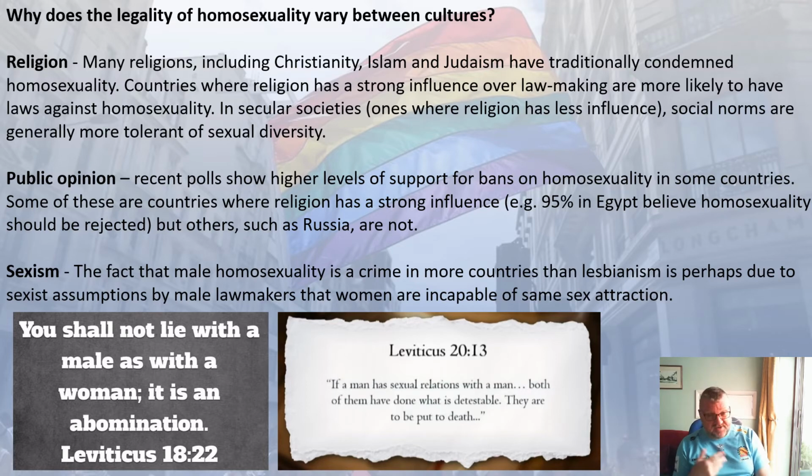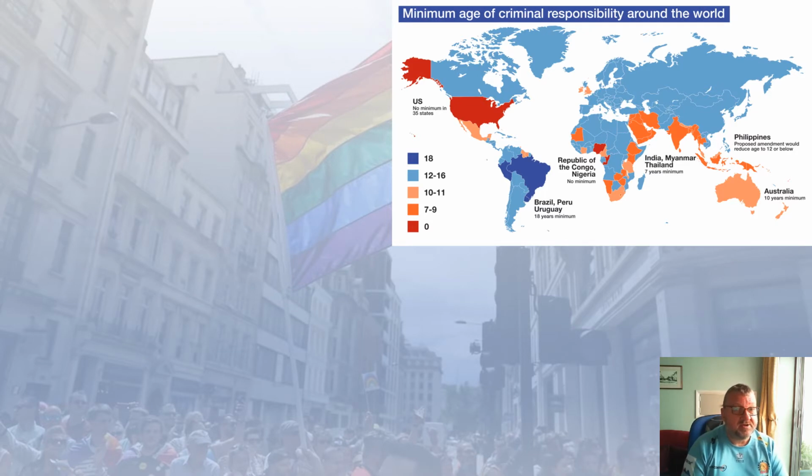And of course, there's another link here with sexism. We've got the fact that male homosexuality is a crime in more countries than lesbianism is, perhaps due to sexist assumptions by male lawmakers that women are incapable of same-sex attraction, or it's back down to that link of the sexual act itself not procreating. You can form your own opinion on that, but I've just given you the reasons perhaps underlying why it's legal in some cultures and not in others. So,